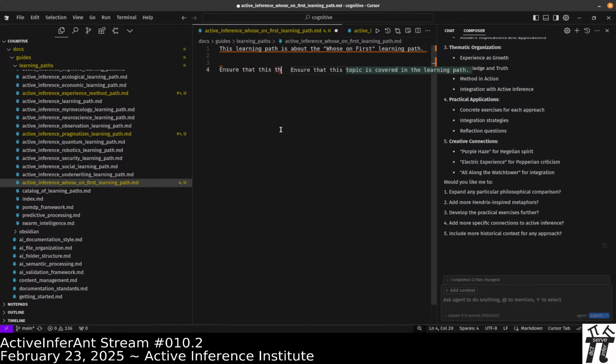Ensure that this active inference, so I'm going to type this out, generate it, probably read it. If it looks funny and interesting, then I'll read any final comments in the live chat, and then that will be the end. Ensure that this active inference learning path